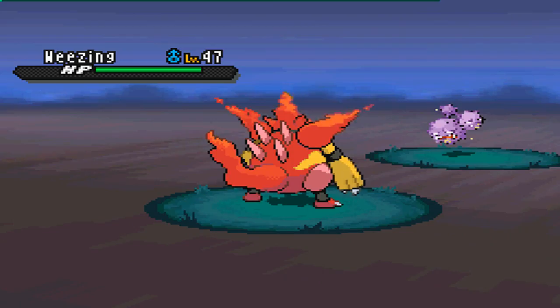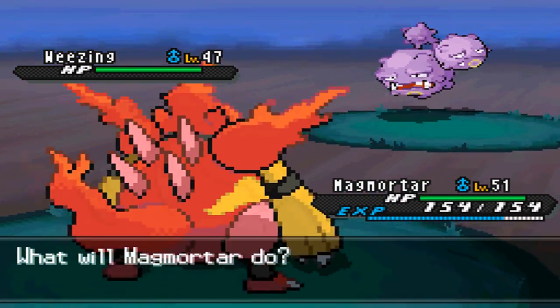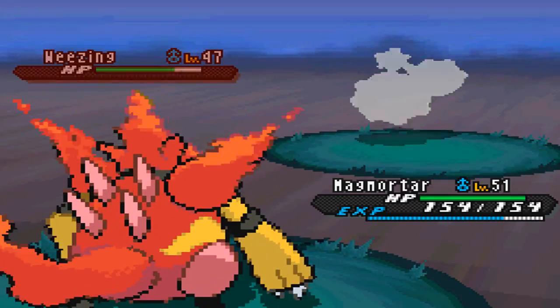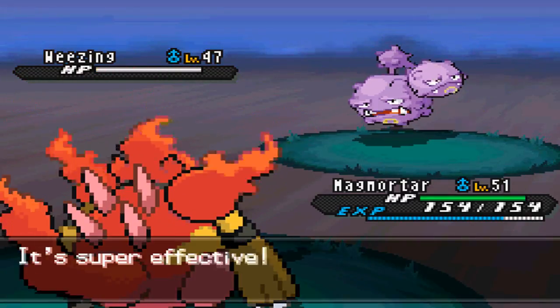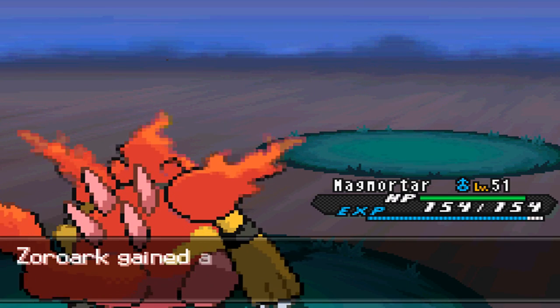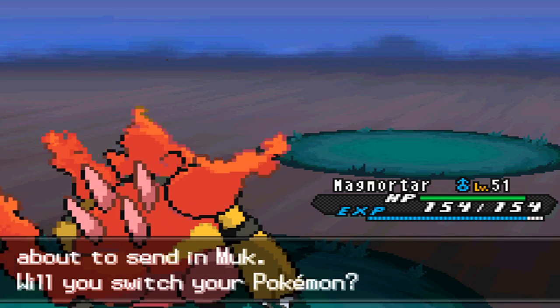Alright, so I'll send out Magmortar first because I think he needs a bit of EXP. I took the liberty of teaching Magmortar Psychic, so this could turn out quite useful. I have to admit, I love Psychic's new animation in Black and White too. It looks so much more Psychic-y. Magmortar almost grew to level 52, and Zoroark is holding the EXP Share for the moment because he's my weakest